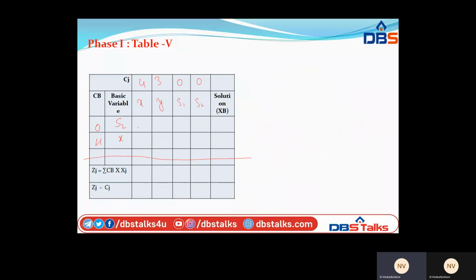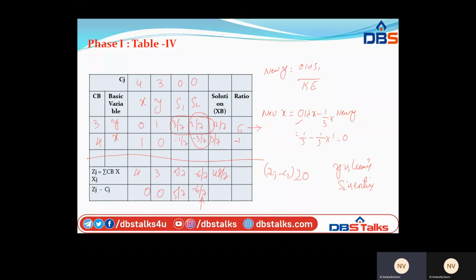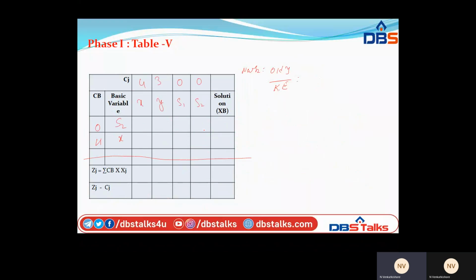Here find new s2 equal to old y by key element. What is the key element presented here in the y? What is the key element? 2 by 3. S2 was presented here. 2 by 3. So like that, if you frame, the new row will be